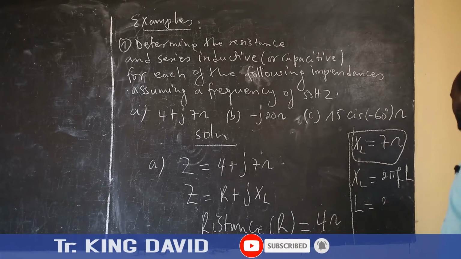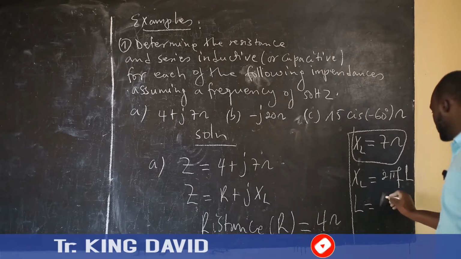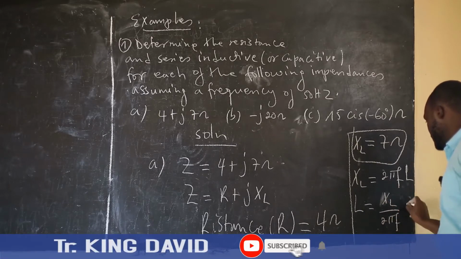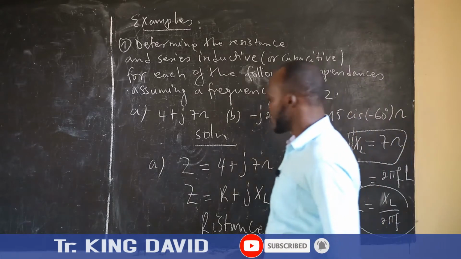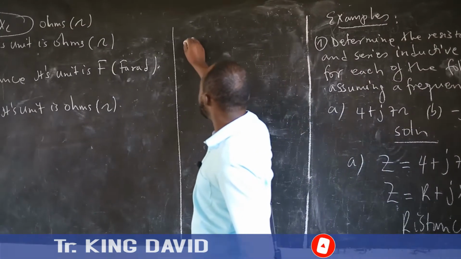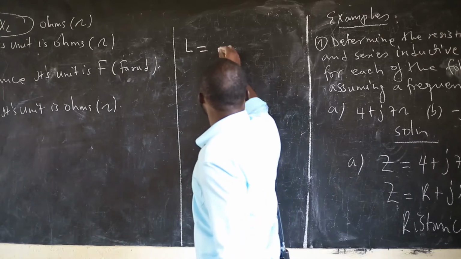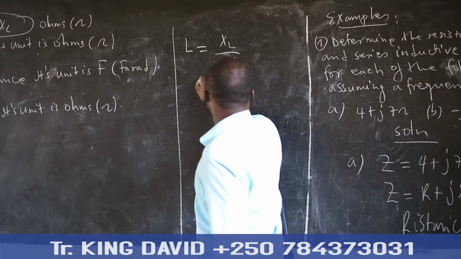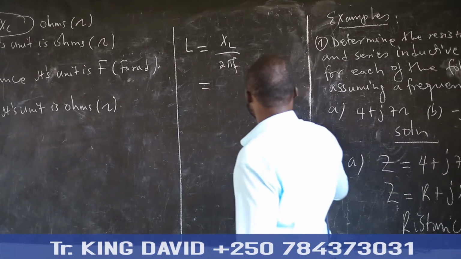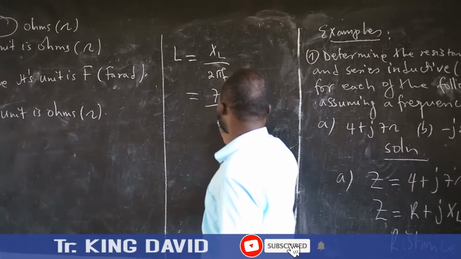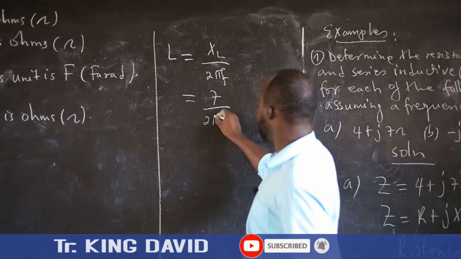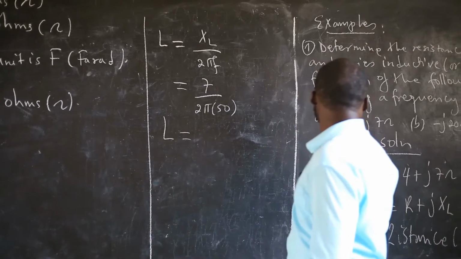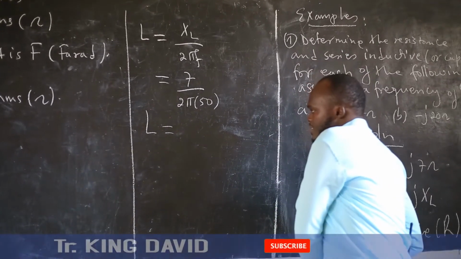L will be equal to XL divided by 2 pi f. So what is our XL? We got 7, divided by 2 times pi times 50. Then our L, which is inductance, its answer is